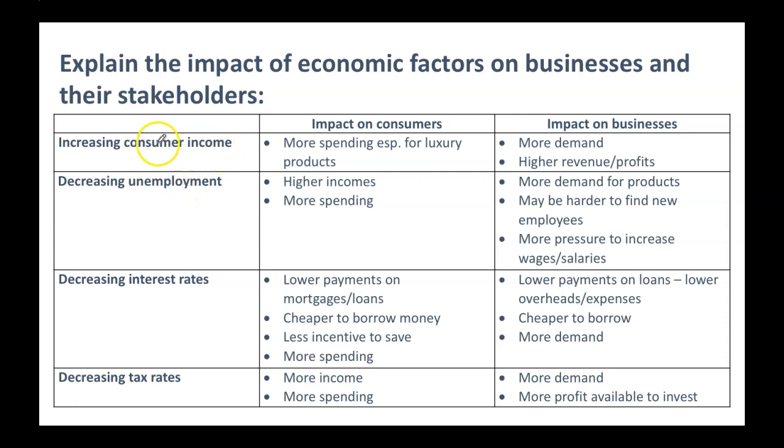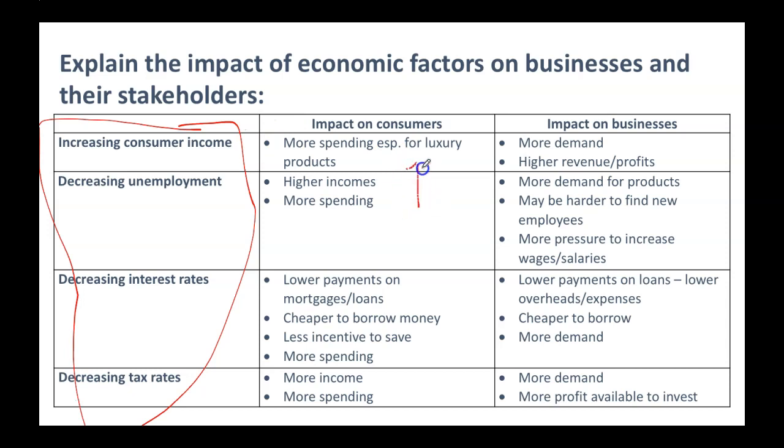All of these things here can either go up or they can go down. I've just done it in the direction that would be best for the business and best for consumers. So increasing consumer income means consumers have more money to spend, so they're usually going to increase their spending, particularly on luxury products, and the impact on the business is more demand, higher revenue and profits, so that's all good. Decreasing unemployment is mainly really good for consumers, because then they have more incomes and more spending,